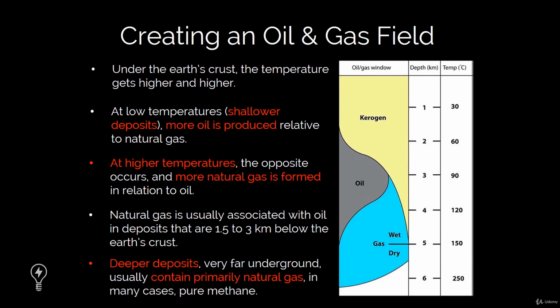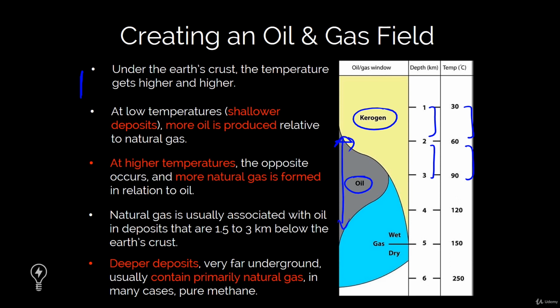Now, what we know is that the Earth has a geothermal gradient. That temperature increases as we go from the Earth's surface and under the crust, and the gradient is typically 30 degrees Celsius per kilometer. At about 60 degrees Celsius, organic-rich material known as kerogen decomposes and breaks down to form oil. So what we have is an oil window, a temperature-dependent interval in the subsurface where oil is generated. And this oil window is often found in the 60 to 120 degrees Celsius interval at about 2 to